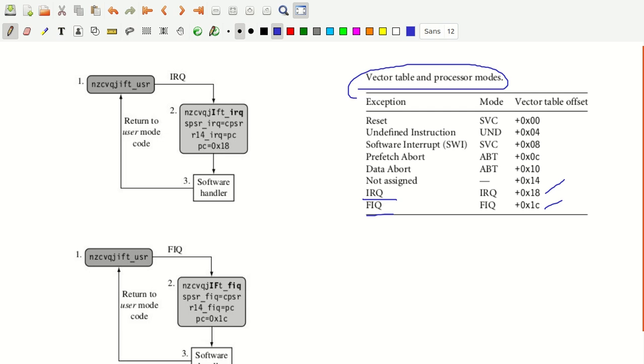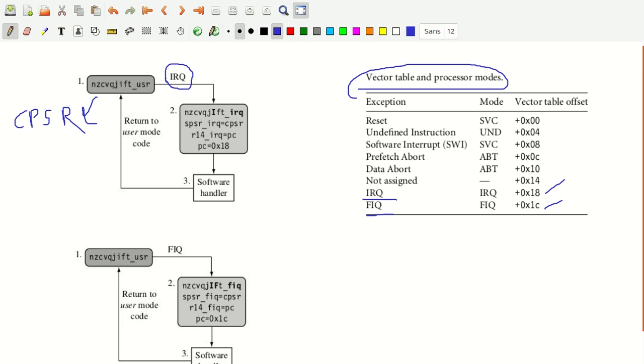Now just look into this one. This is the processor state, NZCVQ, which you will have in the CPSR, the current one. The mode is user mode. You can observe that the I and F bits are both cleared, which means there is no request raised, either IRQ or FIQ. Now imagine an IRQ request is raised here. You can look at the difference between these two things.